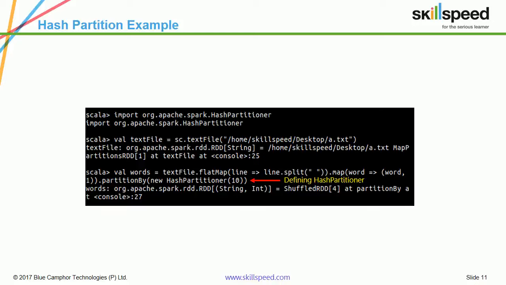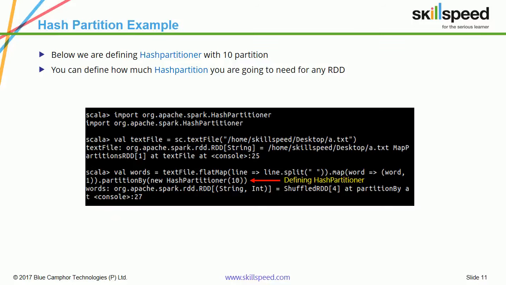So basically I am applying a transformation here on the RDD, and the transformation functions that I'm using are flatMap and map, and we don't have to understand the transformations in depth right now because we will be doing a lot of hands-on on transformation. But the important point here is that at the end of the transformation I'm using a partitionBy method where I'm calling the new HashPartitioner and the number 10. This means I want this RDD called words to be divided into 10 partitions with almost equal amount of data using the hash partitioner.